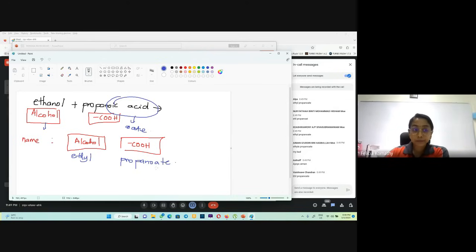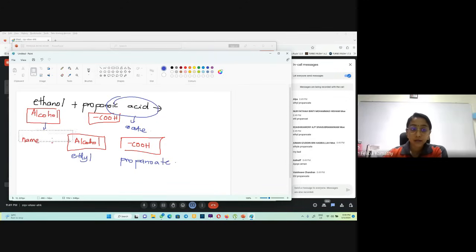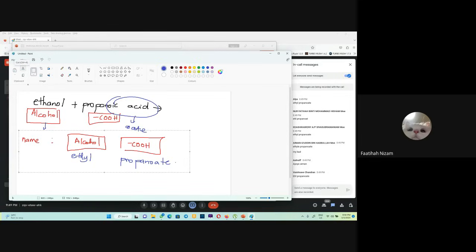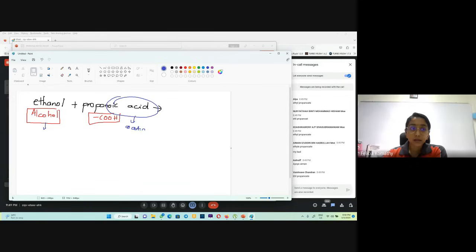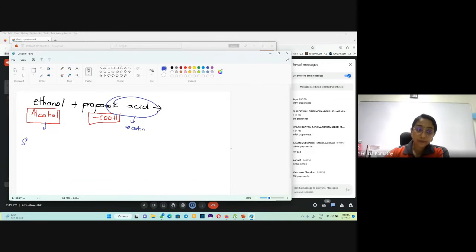Boleh faham ke? So, ini adalah nama untuk ester. Can you get it? Naming okay? Naming okay tak? Okay, teacher. Okay. Now we go for drawing. For the structure,